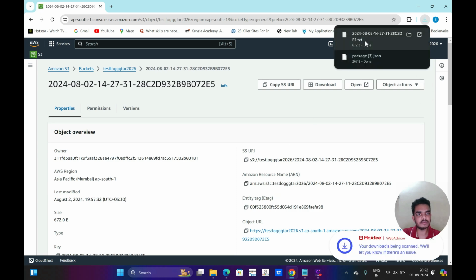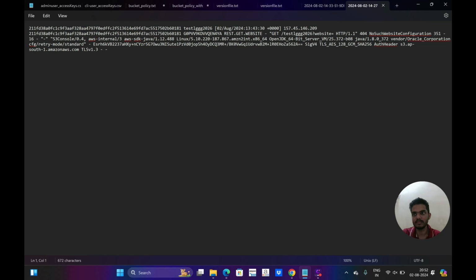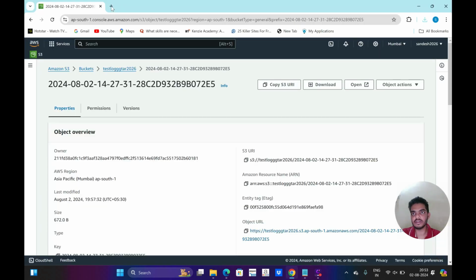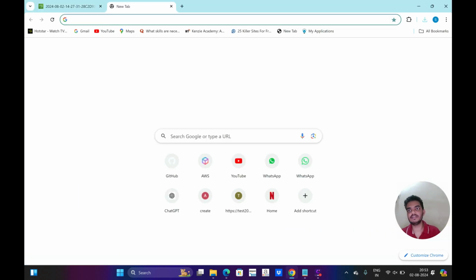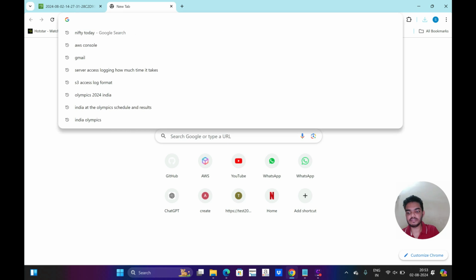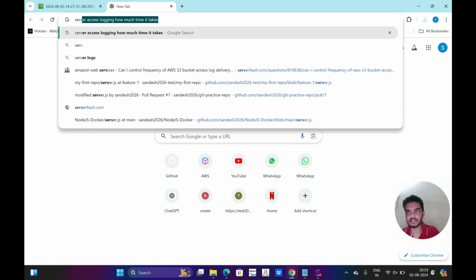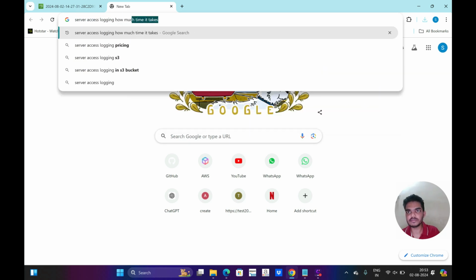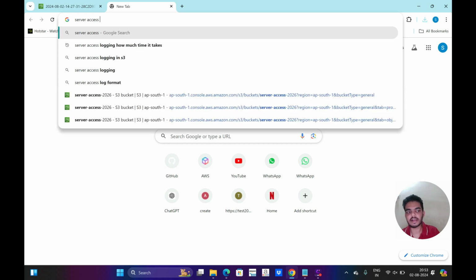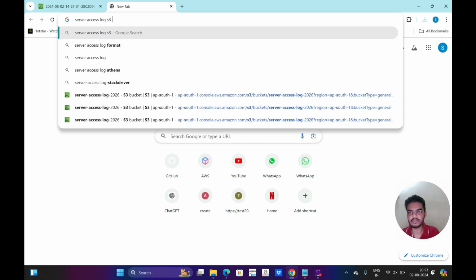And if I open that particular file now, this is the content basically, like IP address, bucket name and the time. Those are the details we get. So we can check how we can read this, we can read the format. For those things we can take the documentation's help. Server access log S3 format,